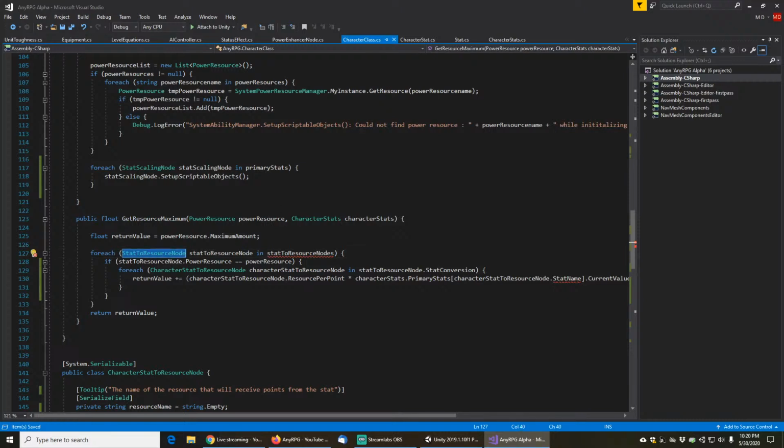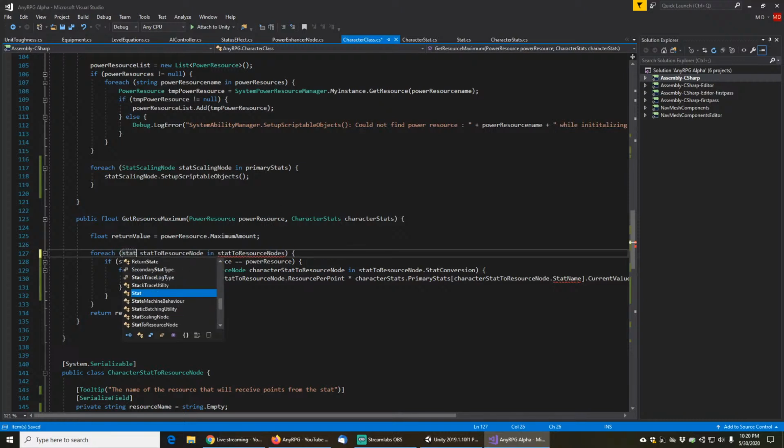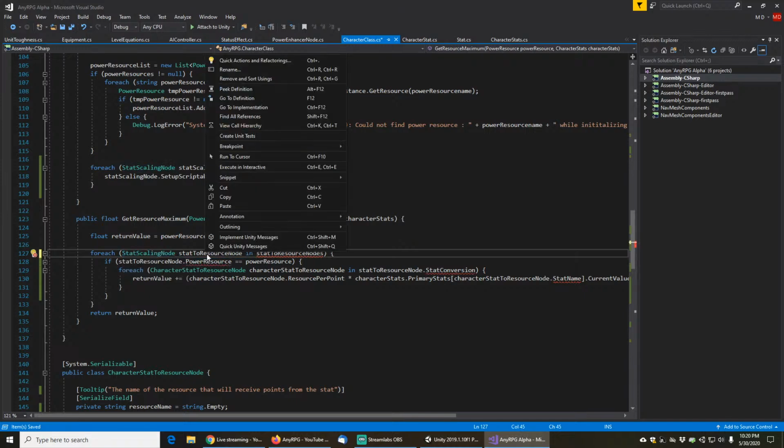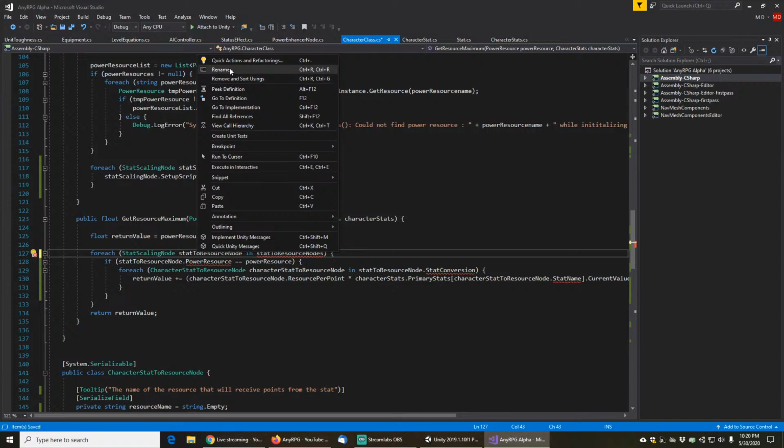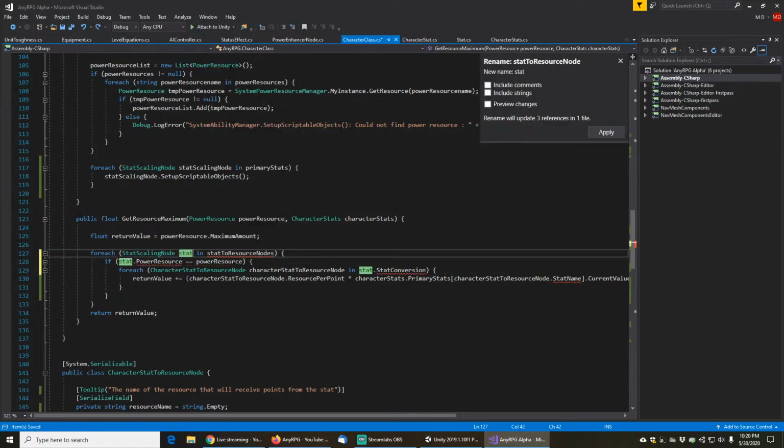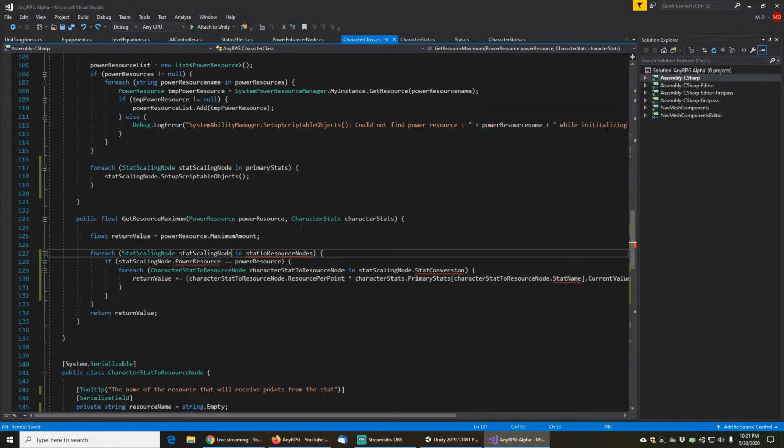We're going to be looking through the stat scaling node. Rename this to stat scaling node, and we have stat to resource nodes. This will be primary stats,